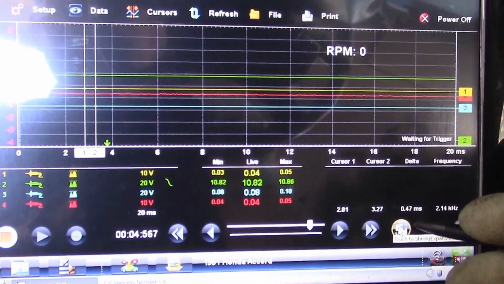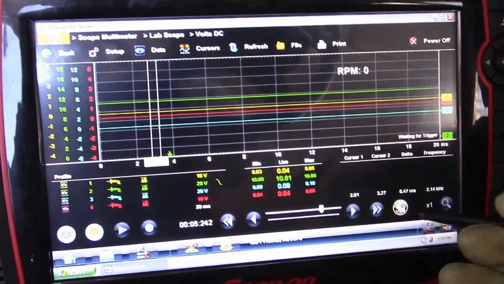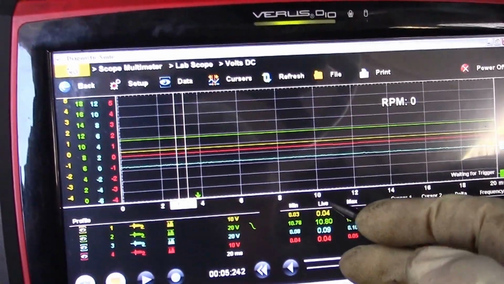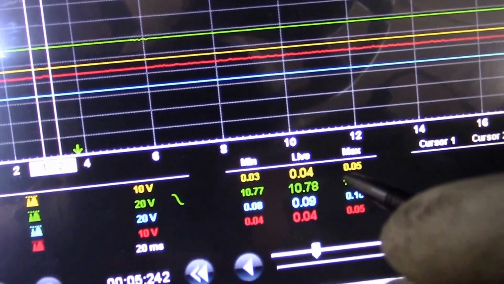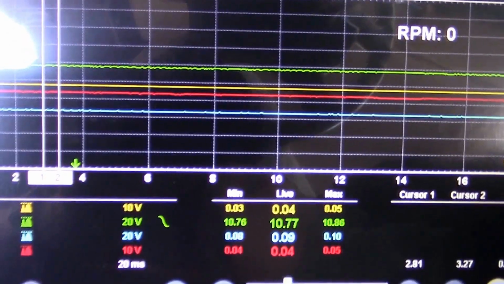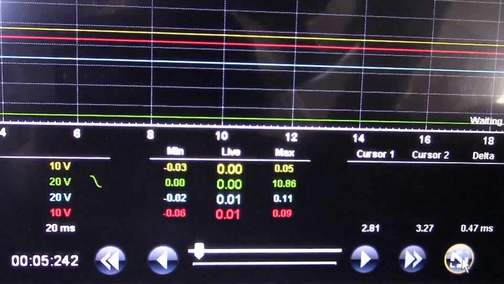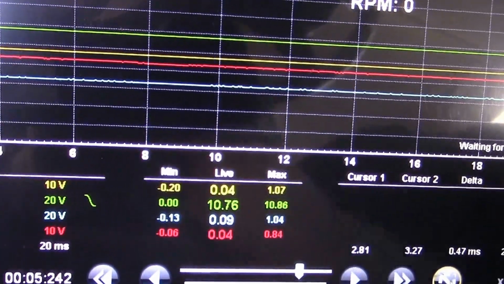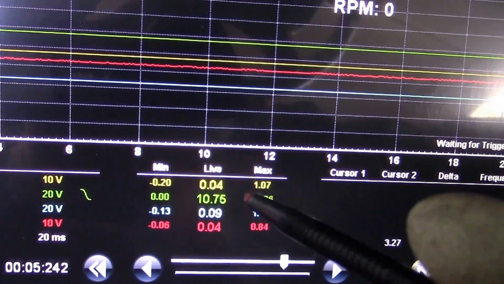How the waveform looks. Okay, so at this point we can see that only one has 10 volts, the green trace. That means the ignition control module, because I have the key on. I'll turn it off right now. You can see 0, then back on. So this means to me, because I already checked it, the ignition control module produces this voltage, 10.7, and the